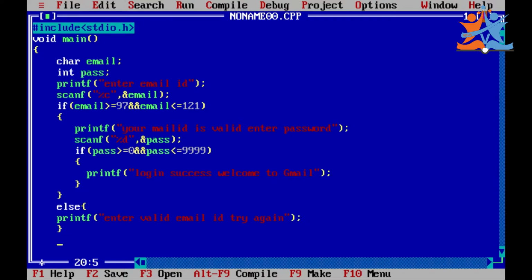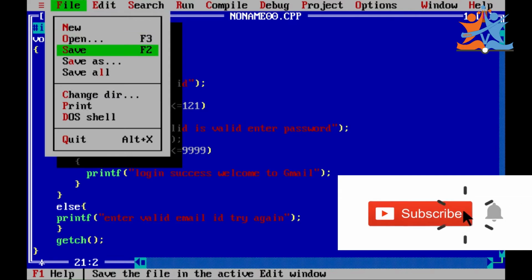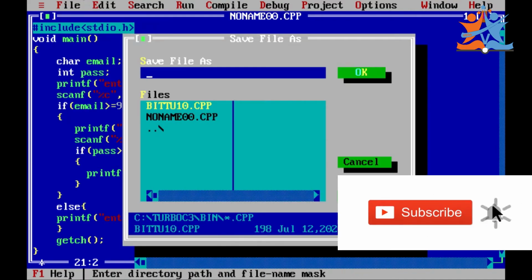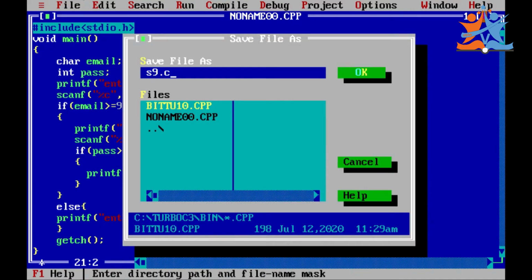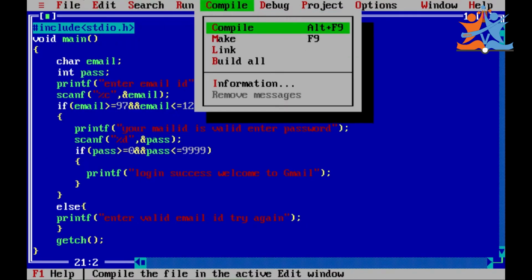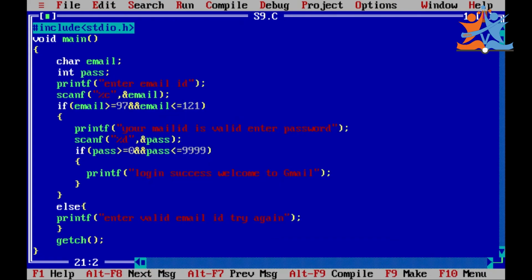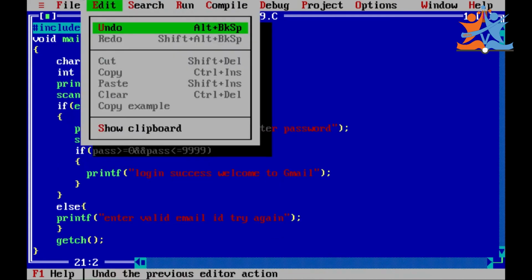So else I need to close, then getch finally, then close the function. So file, save as s9.c, compile the program, 0 warnings and 0 errors.